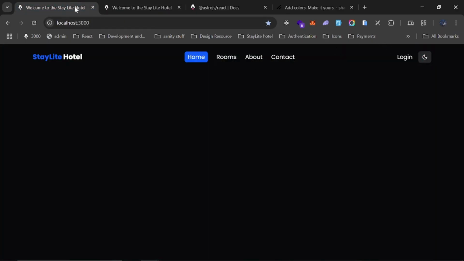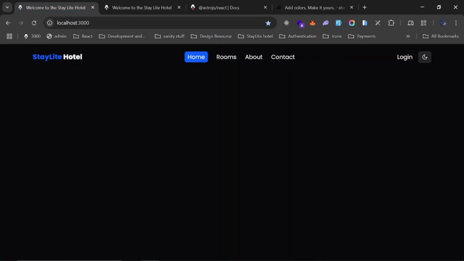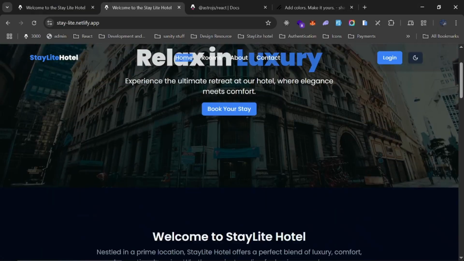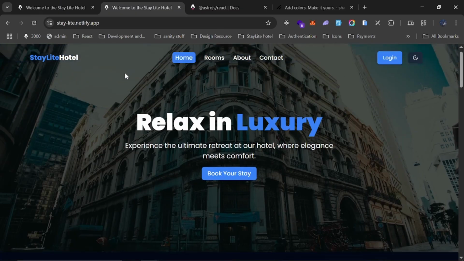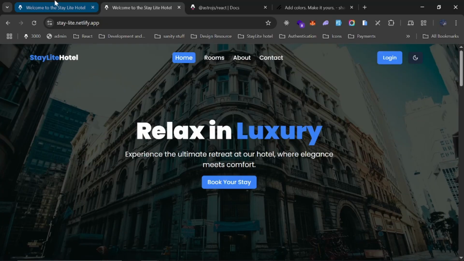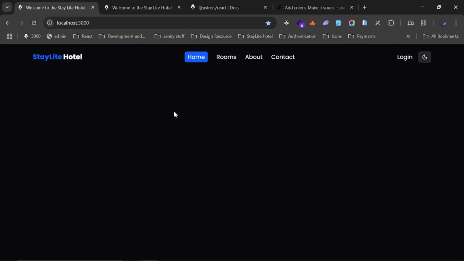All right, cool. I believe that's all for the header section for now. Later when we add the hero section, we'll add this scrolling effects on the header section, but we'll leave it like so for now. Then for the footer section, what we just have to do is to go back to our code,